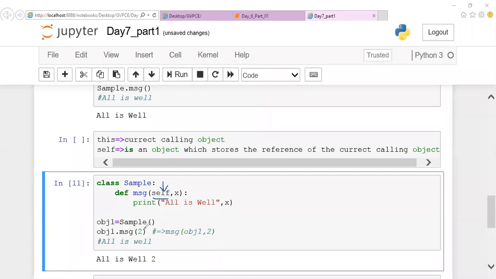This is a reference to the current calling object. So literally, if you call like this, internally it is taken as message of obj1. The first parameter will always be your reference to the object, and after this you can add any number of parameters for the variables you're going to use. Is this clear for you people, guys?